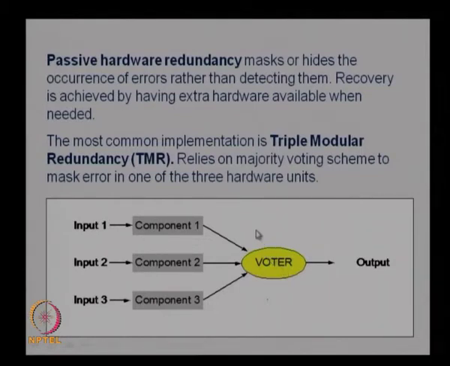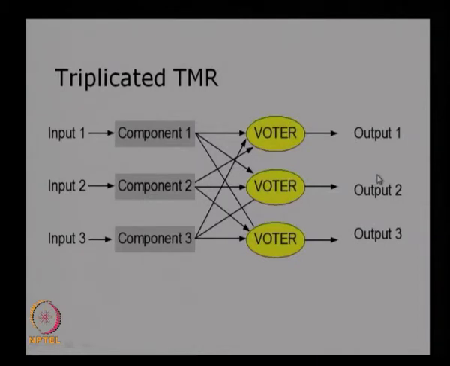So, triple modular redundancy is a basic building block for hardware redundancy, but alone it cannot have a great value, because it can mask only one error, and a voter error will not be tolerated because the voter becomes a single point of failure. In order to overcome this, another scheme is proposed, known as the triplicated TMR.